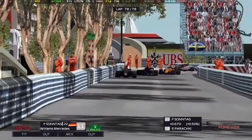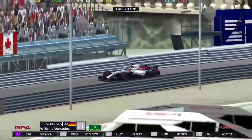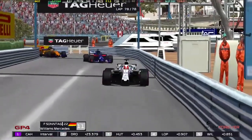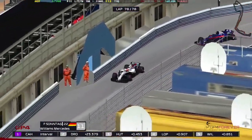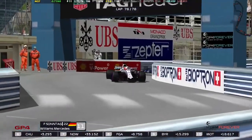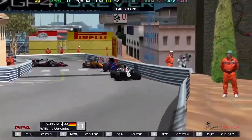And Laura Chung, what a performance by her as well. 6th position for her. Great result. Felix Sontag's going to come across the line in 11th position. Just missed out on the points. He's done an okay performance, I'd say. Well, he certainly outperformed his teammate Campana, that's for sure. But here we are looking at Sontag about to come across the line. He's just going to miss out on some points though, which I think he would have rather had than simply